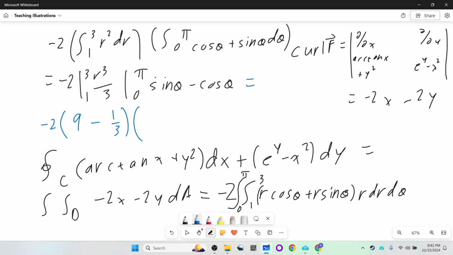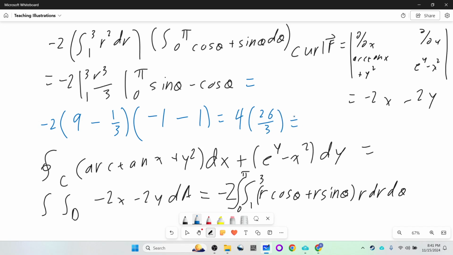And then if I plug in pi here, I get sine of pi is 0. Cosine of 0 is 1, so -1 minus sine of 0 is 0. Cosine of 0 is 1, so 1 minus 1. So -2 times -2 is 4 times 9 minus a third is 27 over 3 minus 1 over 3. 26 over 3